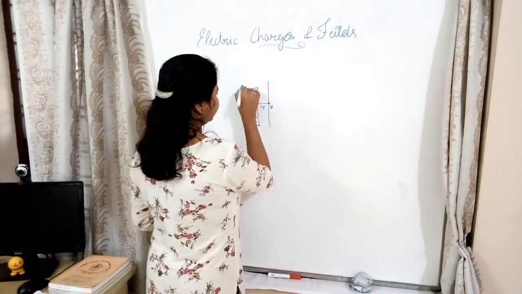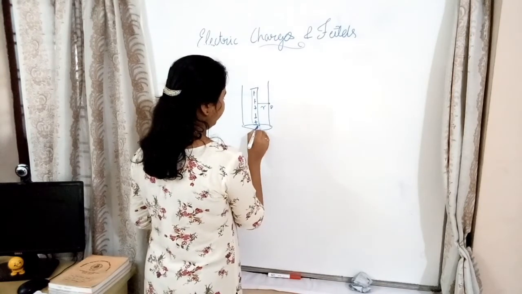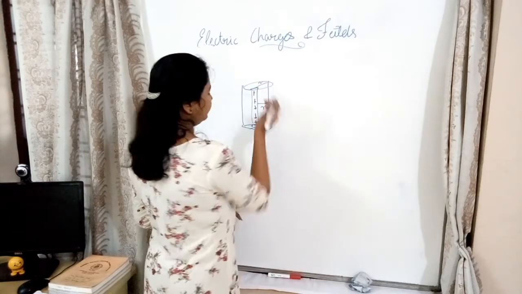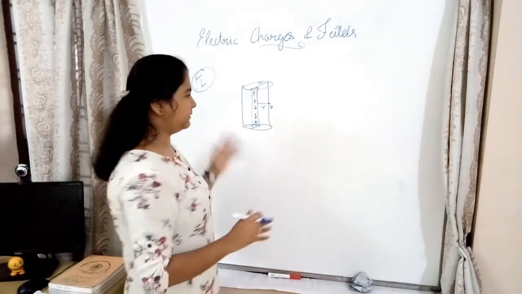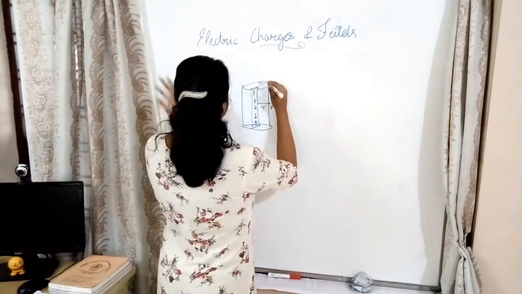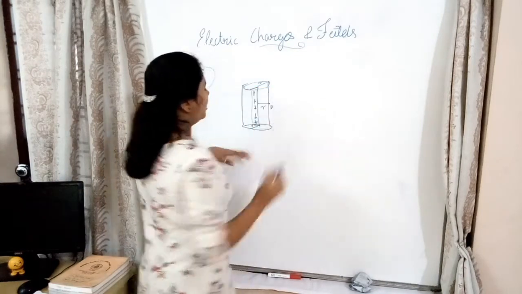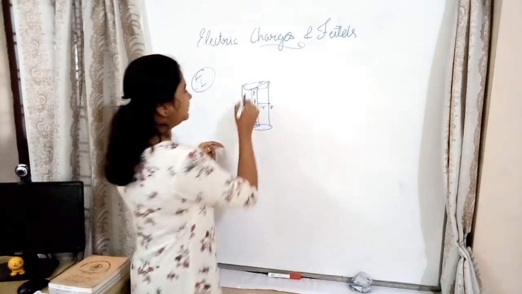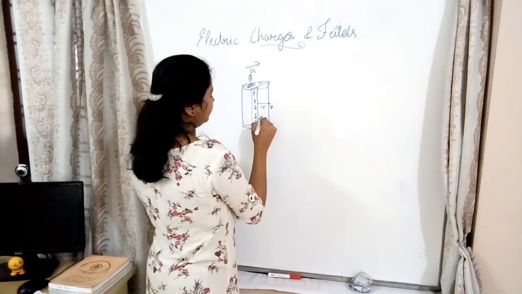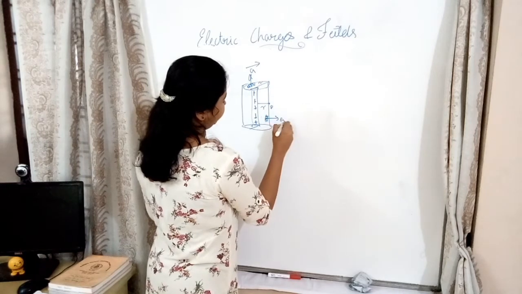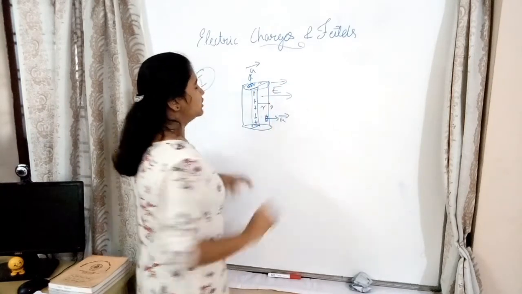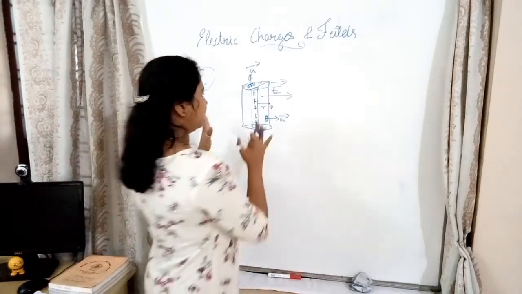So we'll imagine a Gaussian surface over here. This is r. Okay, it's a rough diagram. I'll show you the fair diagram in my notes. Now we take two area vectors. Over here this is the area vector, and over here this is the area vector. And this is the electric field. So let's find out the electric flux.